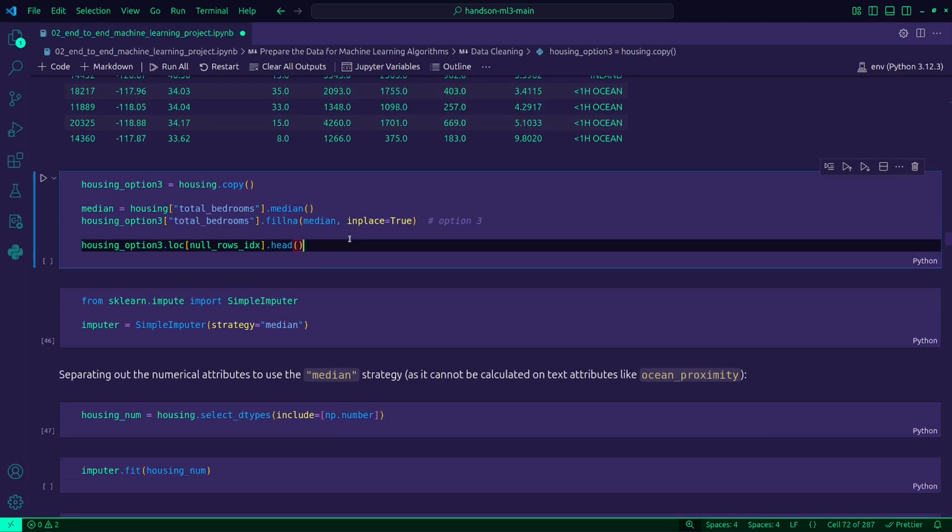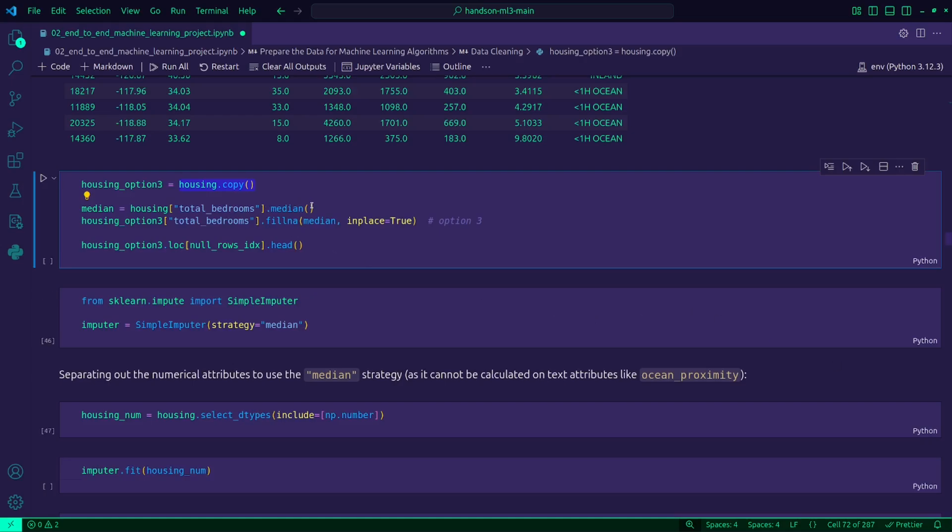Now, the third approach is one of the most common and effective ways to handle missing data. Again, we create a copy of our original dataset, so we have it in the backlog. We don't want to mess with it while we experiment or work on other data.